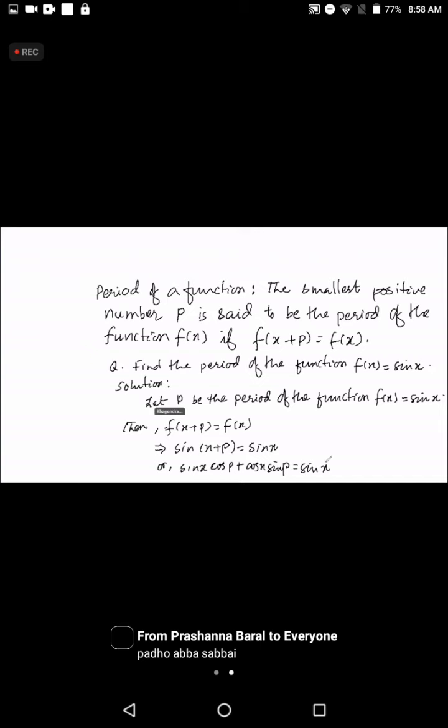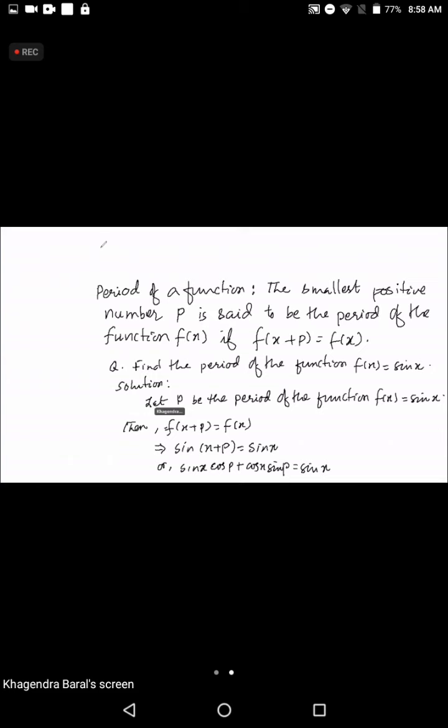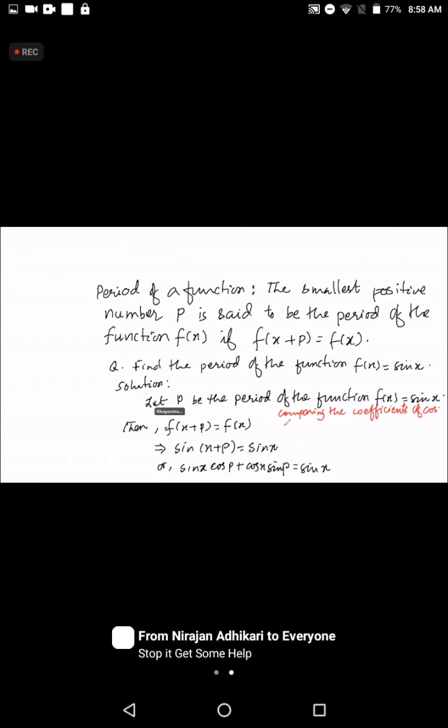ए compare the coefficients है, sin x को coefficient compare गरे पनि हुन्छ both sides मा, cos x को coefficient compare गरे पनि हुन्छ. Comparing the coefficients of sin x गरे पनि हुन्छ, coefficients of cos x गरे पनि हुन्छ है. Comparing the coefficients of cos x we get,